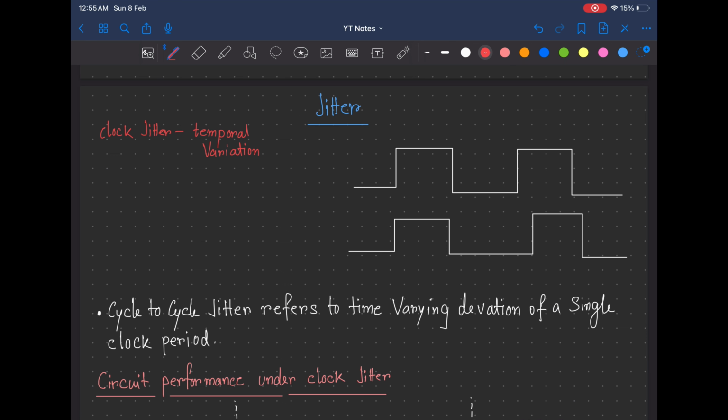So basically it's a change in the clock time period. For your reference, suppose these are the 2 points, this is the clock 1 point